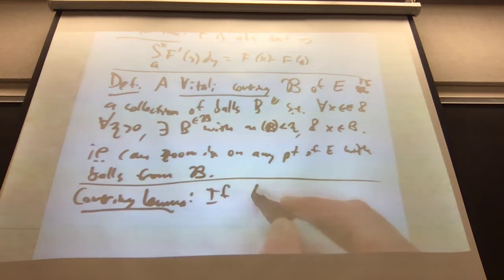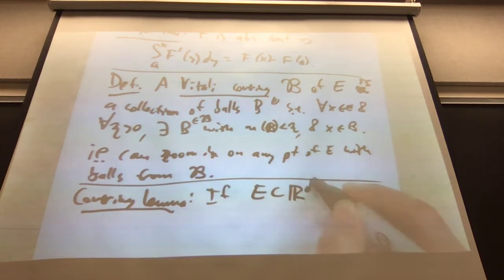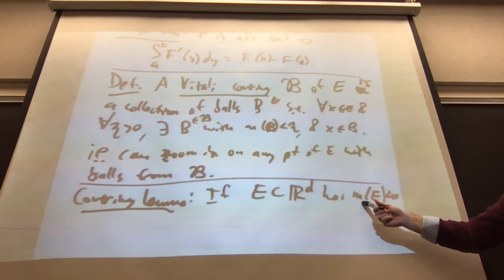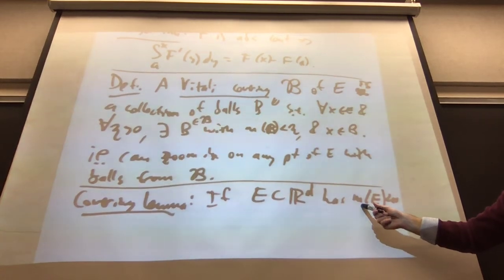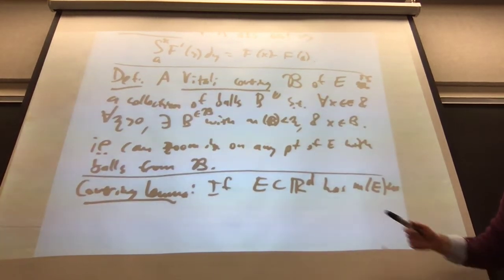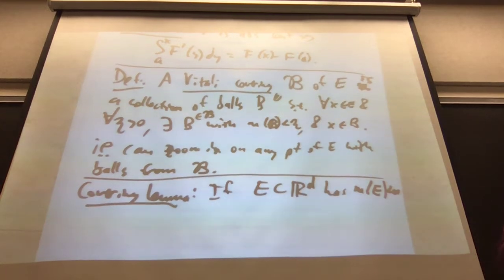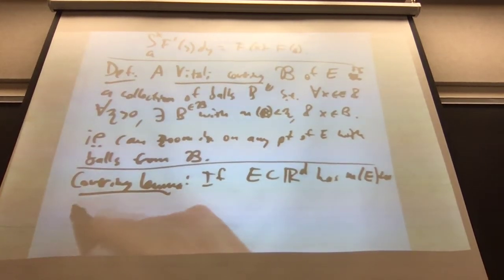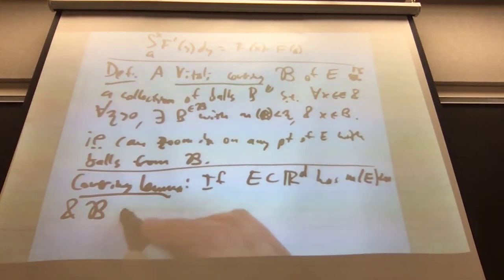If E in R^d has finite measure, so in particular it's measurable, if you have a measurable subset of Euclidean space with finite measure, and B is a Vitali covering,